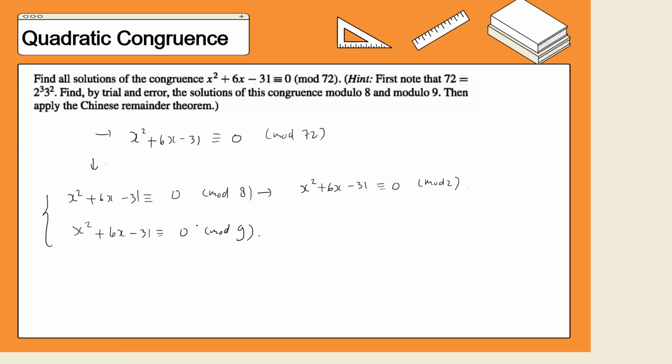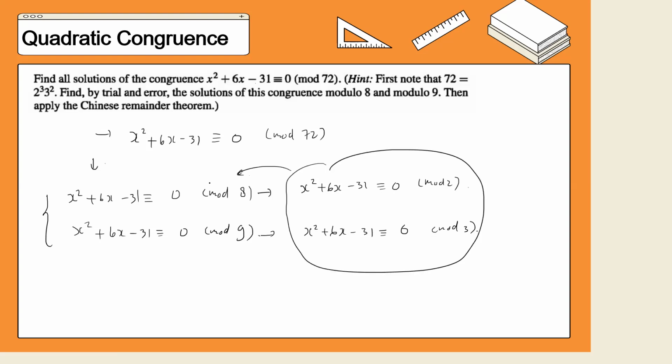Okay, and a solution modulo 9 will also be a solution to this congruence modulo 3. So the way is that we have to start from this, yang paling simple. And then we move up, and then we combine these two solutions using Chinese remainder theorem to get